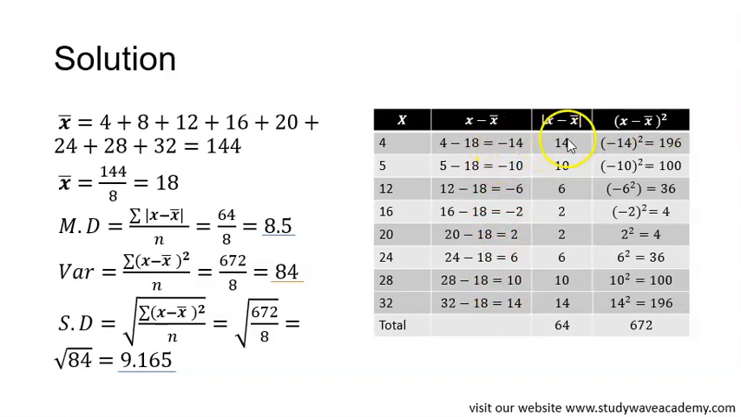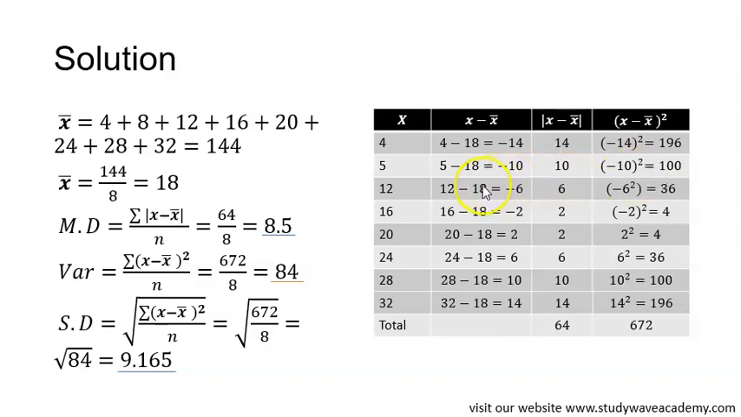So minus 14 raised to power 2 is going to give you what? Minus 14 times minus 14. That is what we mean, okay? Minus 14 times minus 14 is going to give you 196. It is not minus 14 times 2, no. Minus 14 times minus 14, 196. The next, minus 10 raised to power 2, is going to give you 100,